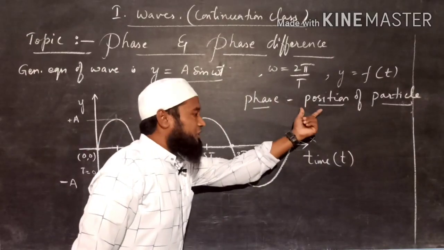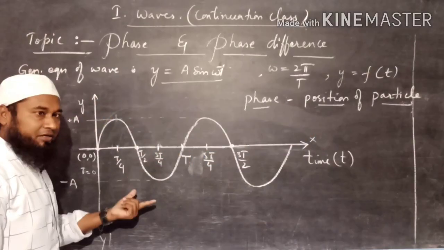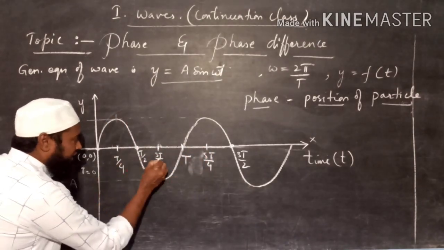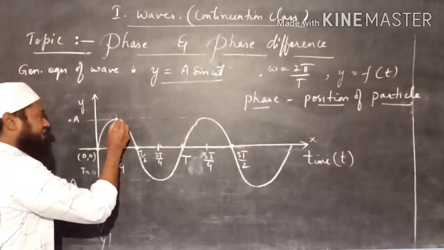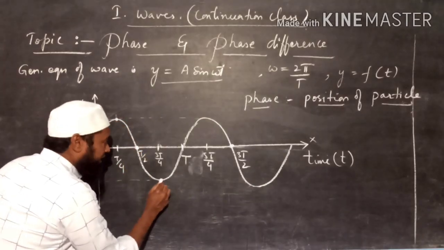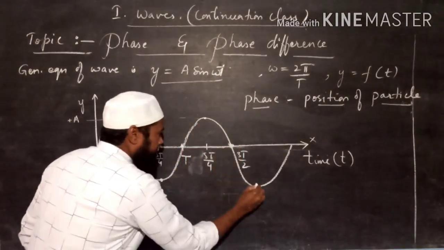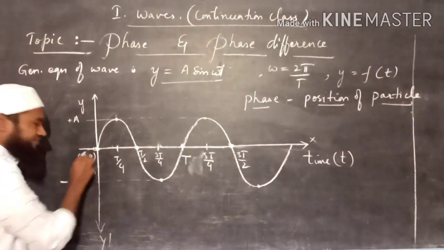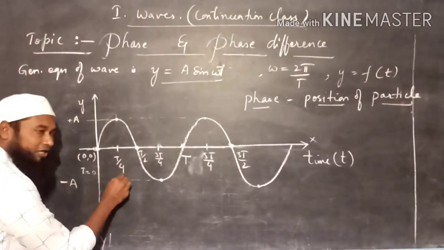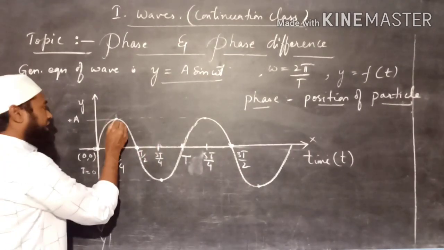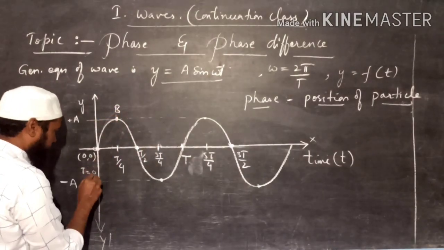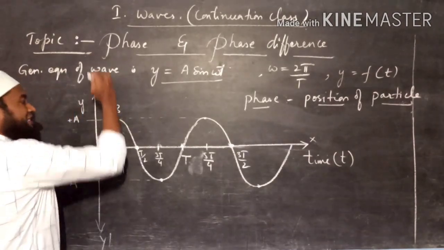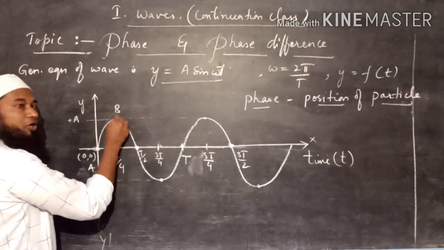Now how will you apply this position of a particle in this wave pattern? You can see in the diagram itself, at different times the particle is changing its position. If I ask you at t equal to 0 where the particle is, it is at the origin. At T by 4 time, where is the particle? It is at point B. Suppose this is point A, this point is called point B. Maximum displacement on the y axis, it is at point B.